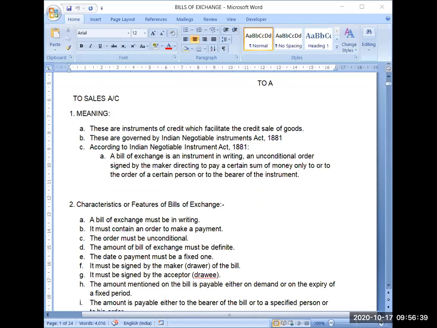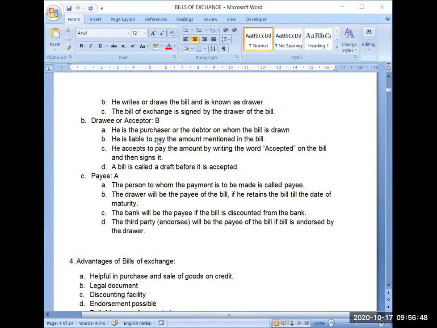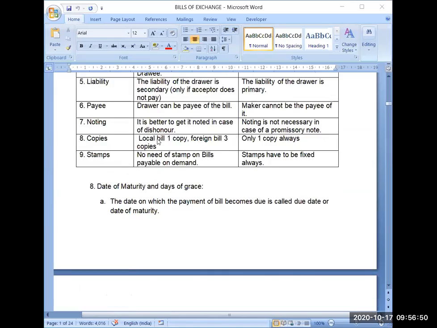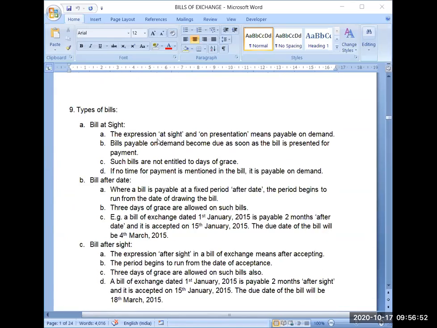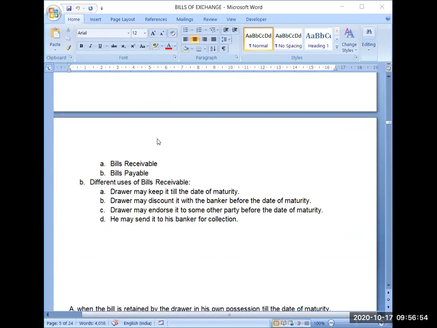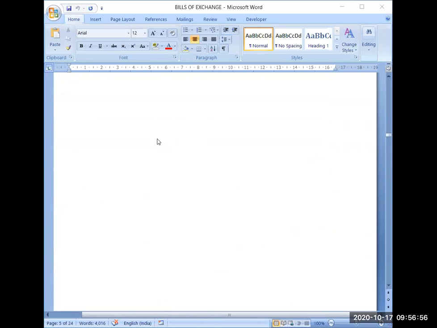So we were discussing bills of exchange, and till now almost a major part of this chapter has been done. We have discussed the theory part also, and we have discussed how to calculate the due dates, what journal entries we have to do